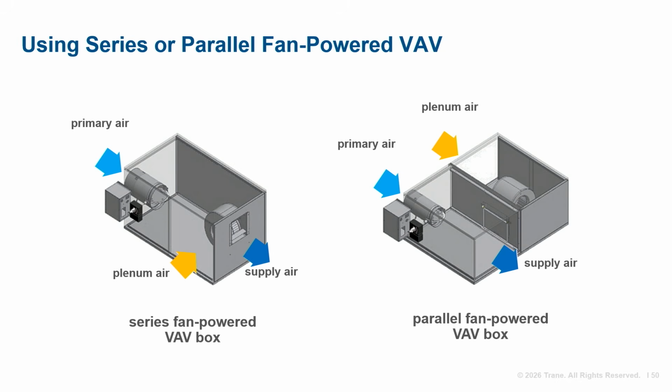As for the cons, temperature control can be less precise, especially in spaces with varying occupancy or higher heating loads. Comfort levels during periods when the fan is off can lead to less air circulation, potentially leading to discomfort in some zones. Reduced air circulation when the fan is off can lead to lower indoor air quality versus series VAV